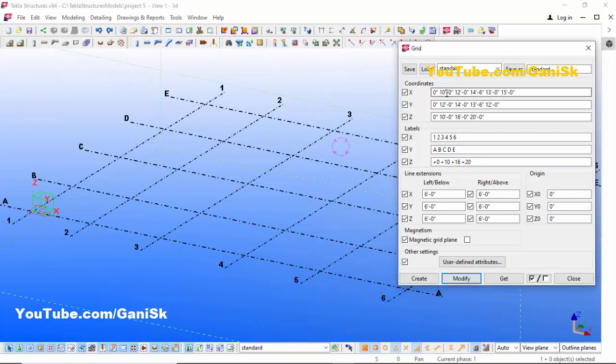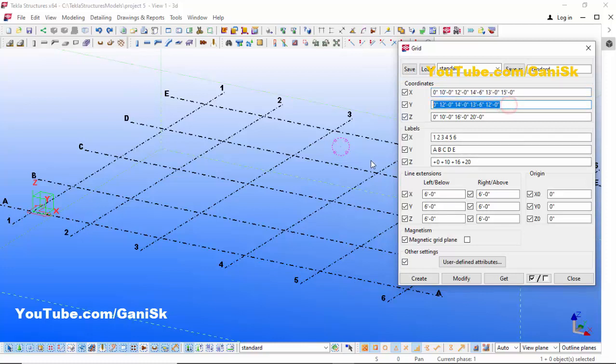Now coming to the values here, this 10 feet 0 indicates the first grid here at 0 level, the 0 position, and second grid we have 10 feet. 10 feet is nothing but spacing between first and second grid, and next 12 feet indicates the spacing between 2 and third grid, and 14 feet 6 inch indicates the distance between 4 to 3 grid spacing. The spacing between two grids we can call it as a bay. These spacings are bay spacings. You can see 0 and next 10 feet and 12 feet and 14 feet 6 inches and 13 feet and 15 feet. You can see according to these values.